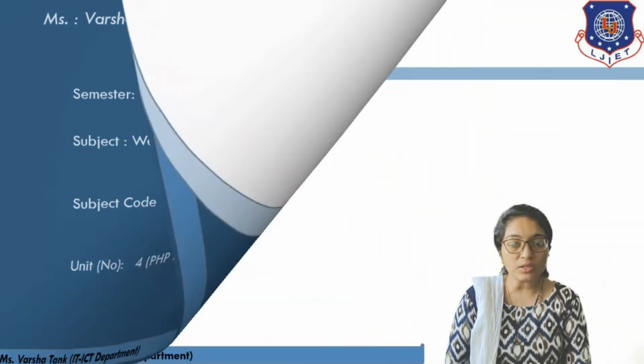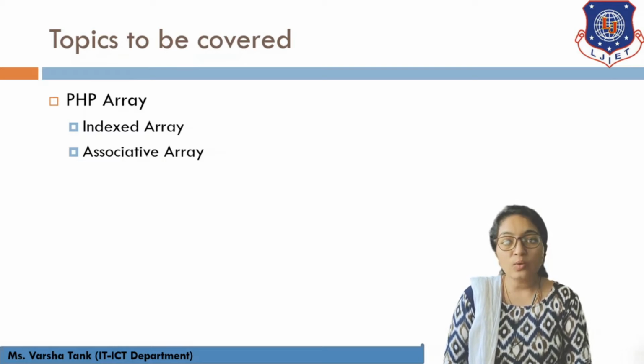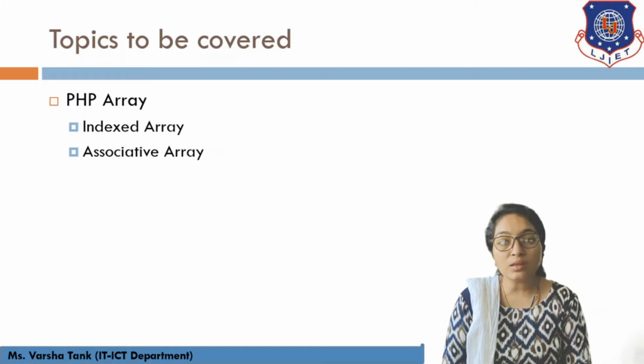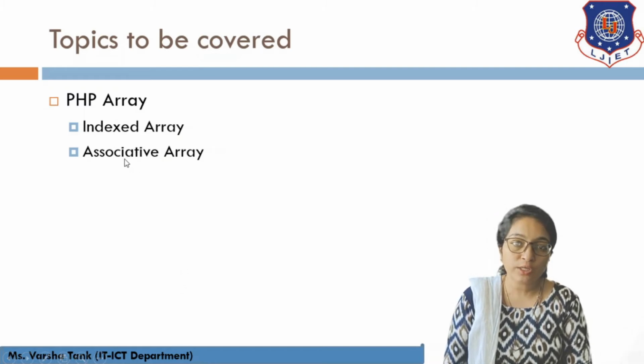Let's start our lecture. The topic to be covered in this lecture is the PHP array. Basically there are three types of PHP array, which are indexed array, multidimensional array and associative array. In this lecture we will cover how to create an indexed array and how to traverse it, and we have also seen this in the last lecture when we looked at looping. In the foreach loop we saw the basic concept of the array. Now we will see it in detail, and we will cover how to create an associative array, and the remaining topic we will cover in the next lecture.